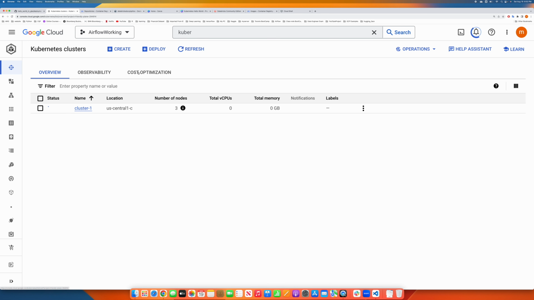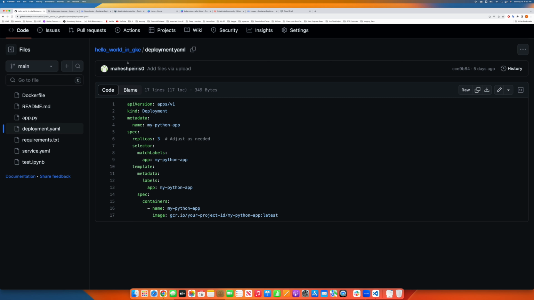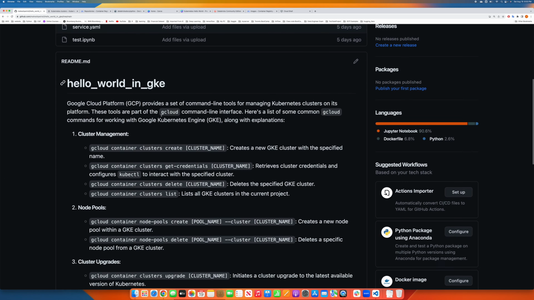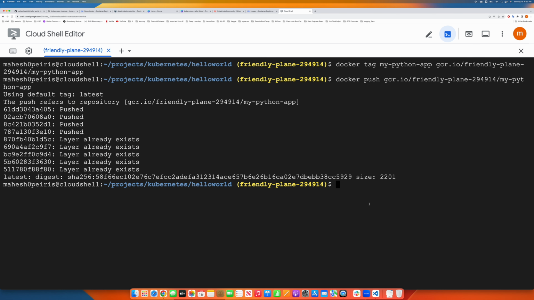In the meantime, I'm going to show how you can create a cluster using the command line as well. If you want to create a cluster, it's a simple command, guys. Don't worry, I'm going to share all of these commands on my GitHub so that you can copy paste when you are trying by yourself. Let me show you. It's a command called gcloud container